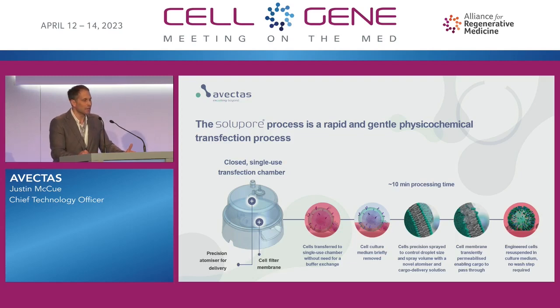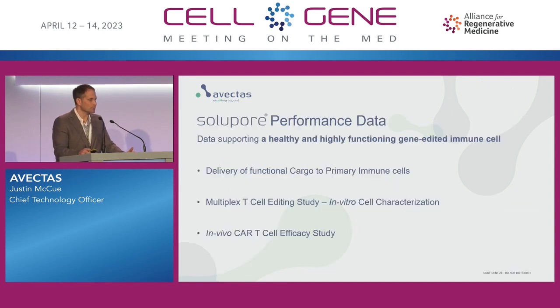This whole process takes about 10 minutes process time, so it's quite a rapid step to do in a manufacturing process. So I did want to go over, with that introduction of the Solipore technology, a little bit more about some of the data that we've been generating that really illustrates we're able to generate a healthy and highly functioning gene-edited immune cell. So you'll see some of the data with respect to the delivery of very relevant functional cargo